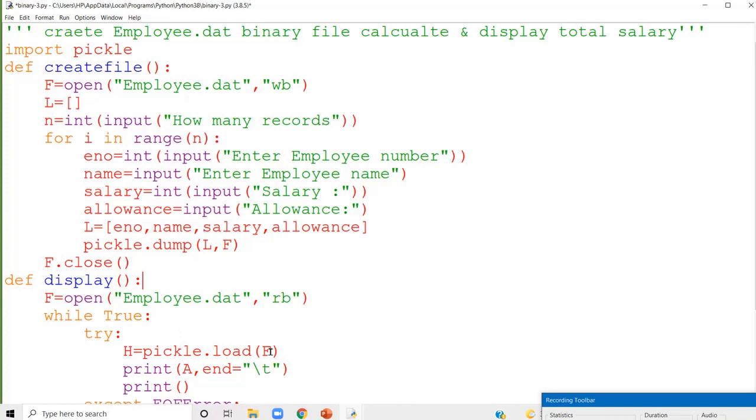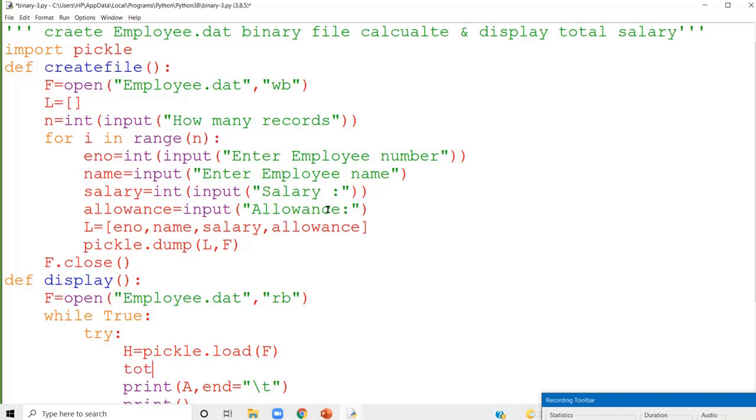And this is only one record here. And within that, h is a list which consists of employee number, name, salary, and allowance. So h of 0 is employee number, h of 1 is name, h of 2 is salary, and h of 3 is allowance. You just want to find out the total salary.